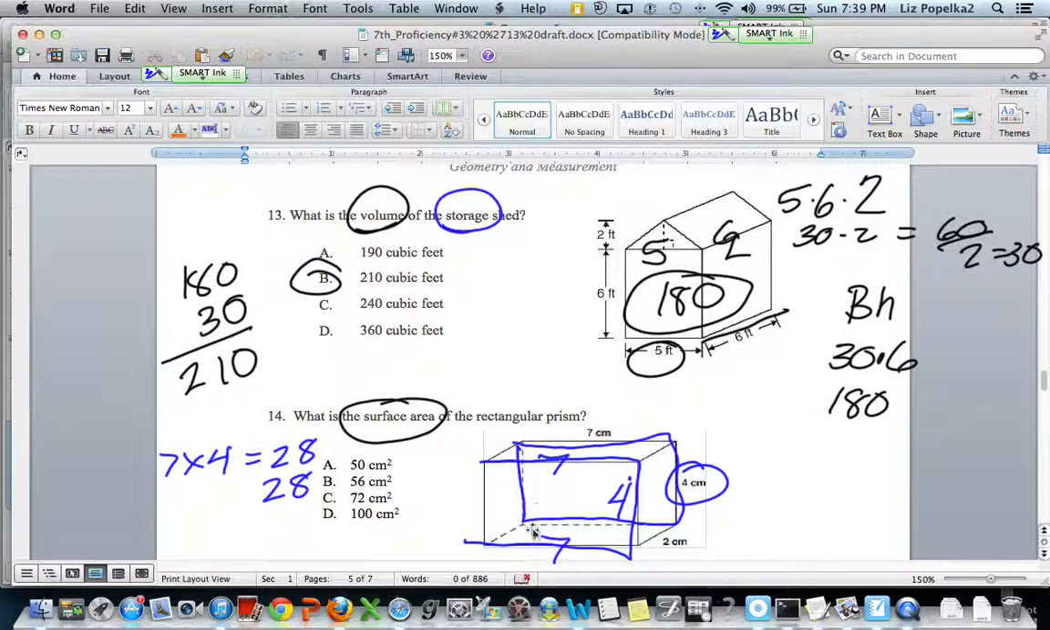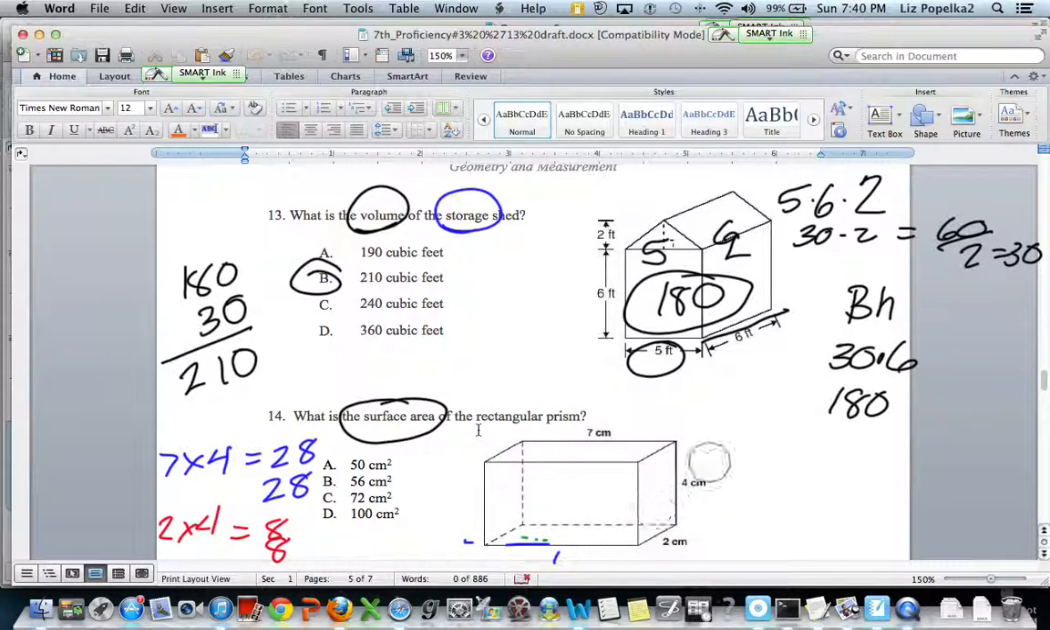So then once we found the front and the back, now let's do the sides next. So this side and this side. So if it's 2 wide and it's 4 high, 2 times 4 is 8. There's a side here and a side here, which means we need 2 sets of 8. And then last but not least, we need the top and we need the bottom. So if it's 7 wide, and if this is 2,